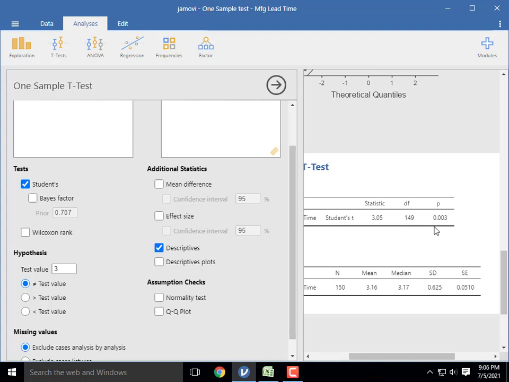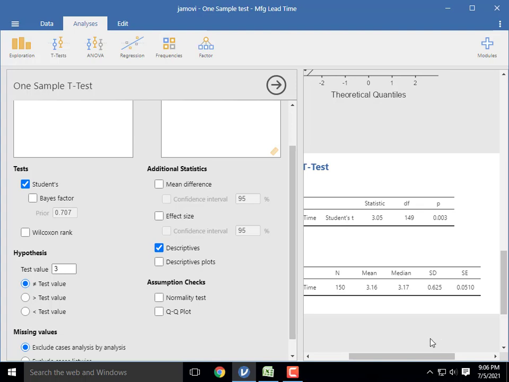The p value is 0.003, which is less than 0.05. So here we reject our null hypothesis.